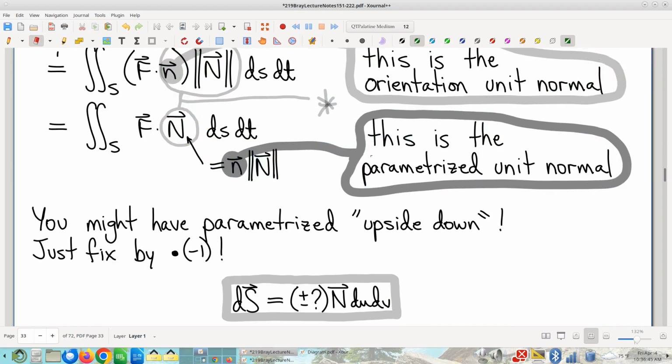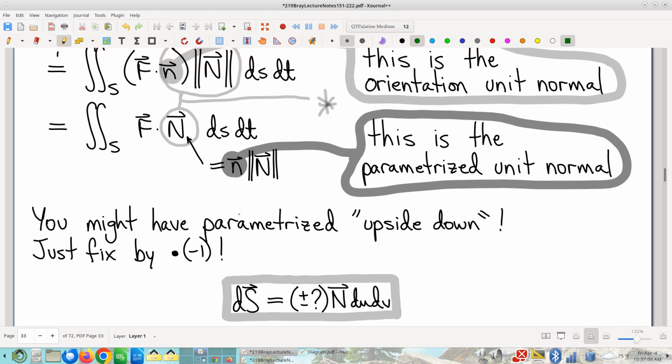Which again will be about half the time. Right? And how do you deal with that? Do you have to re-parameterize all over again? And fingers crossed, hope you get lucky the second time. Maybe have to do it a third time. No, not at all. All you have to do is just recognize, whoopsie, my normal vector is pointing exactly the